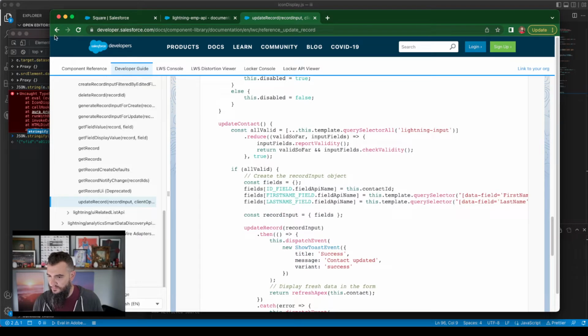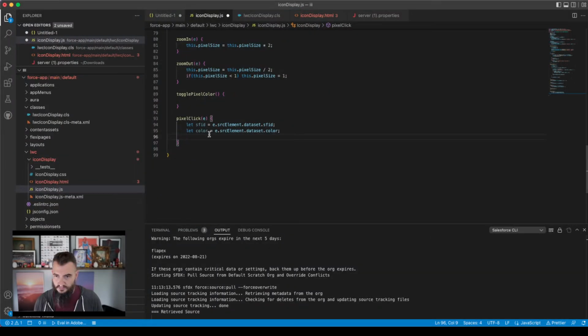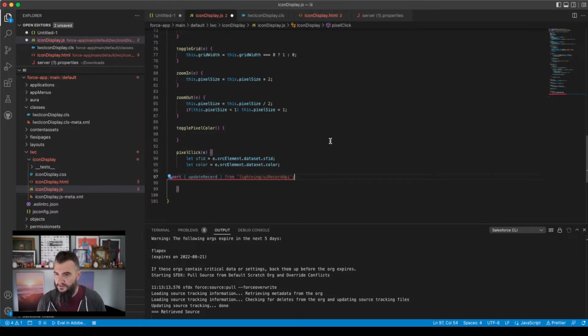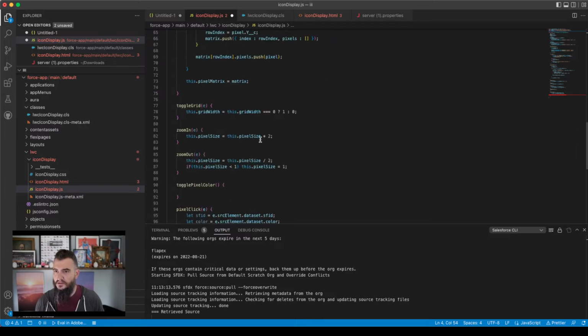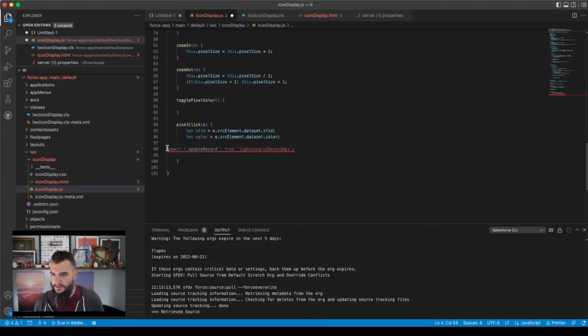Update record. Back to the code, if we can find the code. So eventually we're going to call, oops, not there. That's silly. We're going to call update record, and I've got to go back and look at all the parameters for that. But we don't need an Apex call for that. We can just do that as a